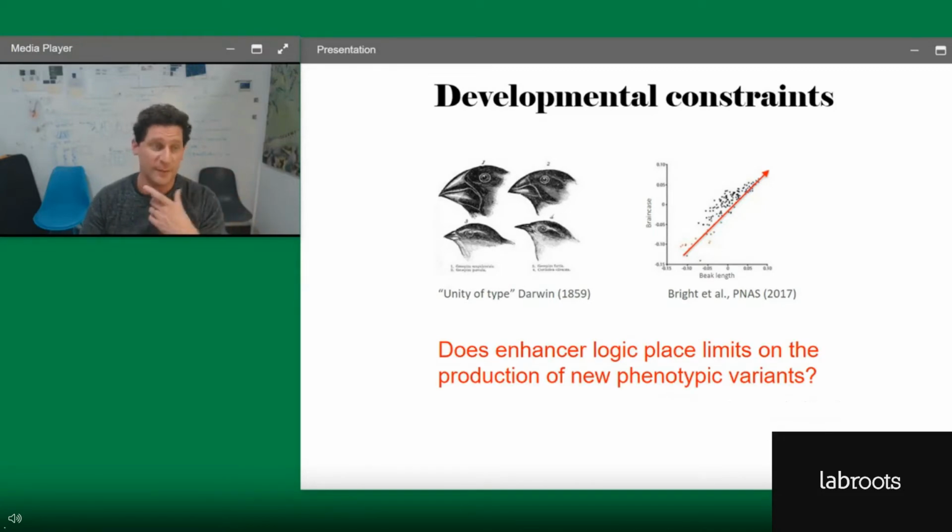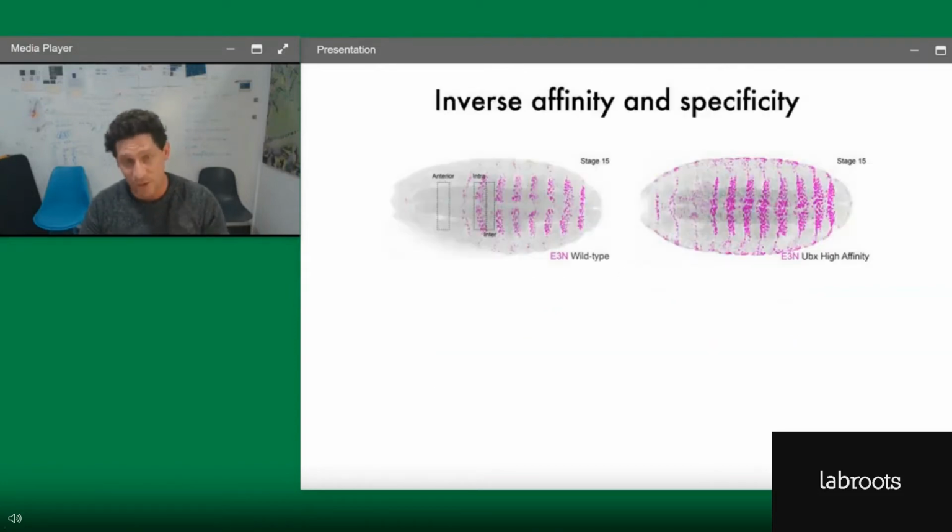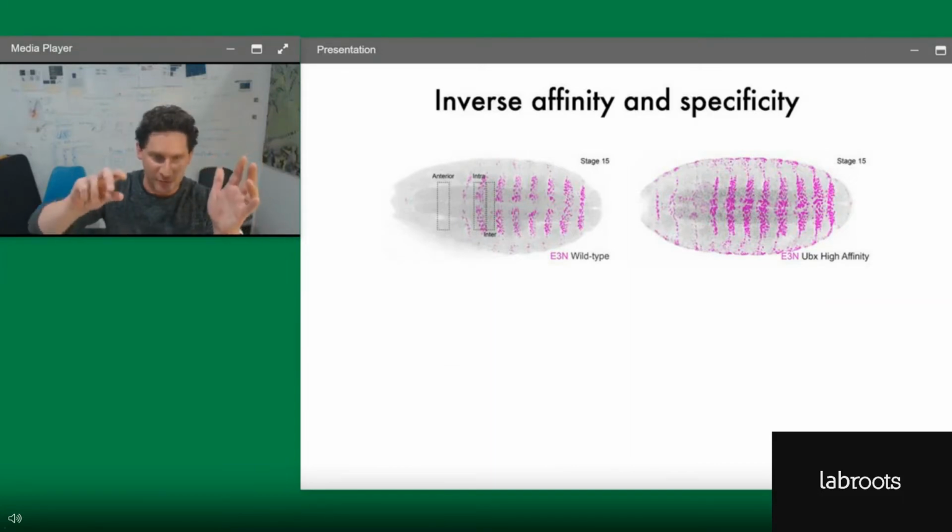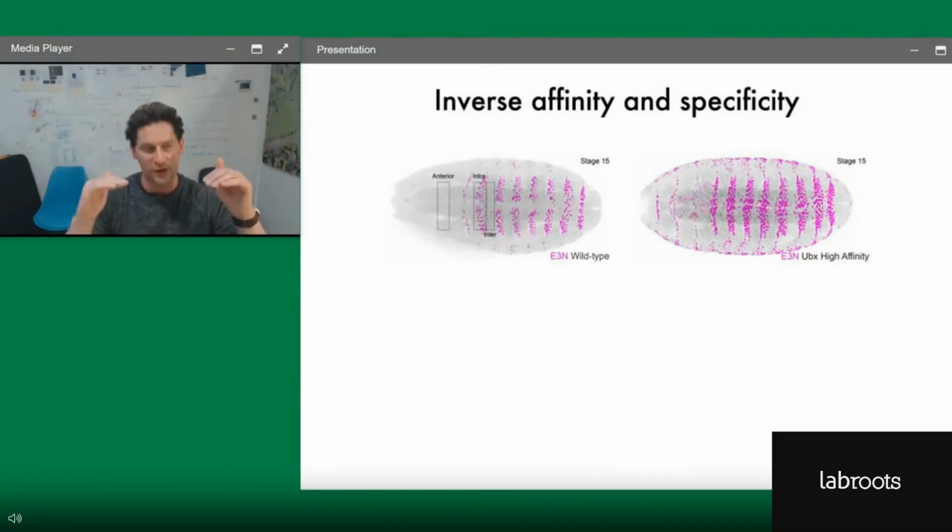So what we were interested in now, because of what we're starting to learn about these enhancers, is: do we see these types of things? In other words, does enhancer logic place limits on the production of phenotypic variance? Do we see these trends in these linked relationships? So one of the things I'm going to walk you through is one of the first compelling examples of this. If we looked at wild type enhancers, we knew from some of our previous work that if you tuned up these elements by increasing the affinity, in other words, how strongly one of these transcription factors could bind and activate the expression of something, quite often what we would get is something that wasn't just turning on at higher levels where it's normally expressed,